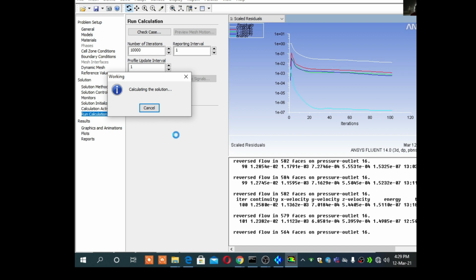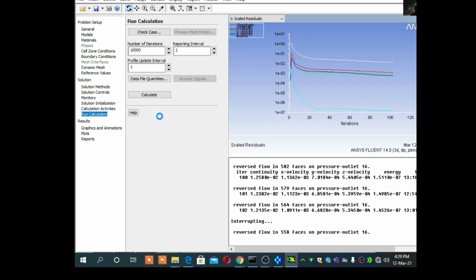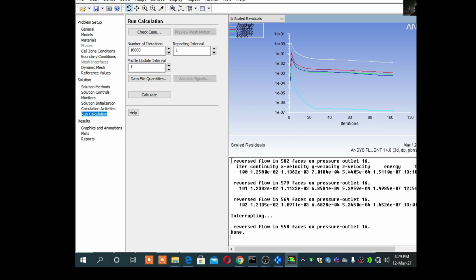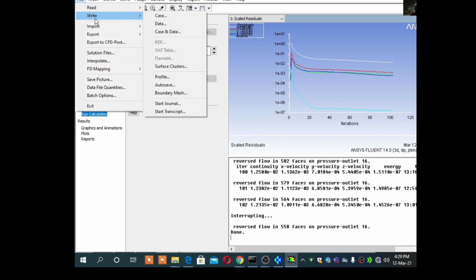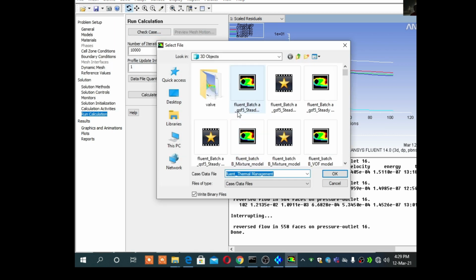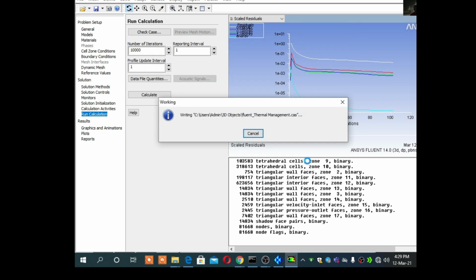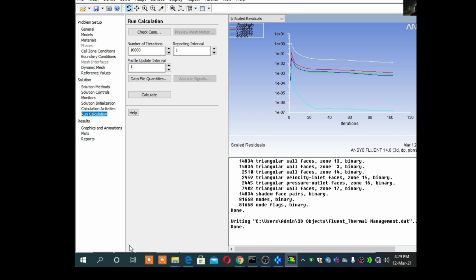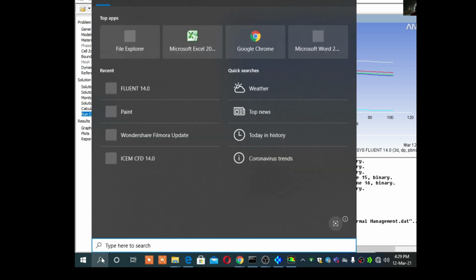For that purpose, we'll stop this solution here. We are at 102 iterations. If we do not get a proper solution, then we need to go for more iterations again. Then I will go for CFD Post.